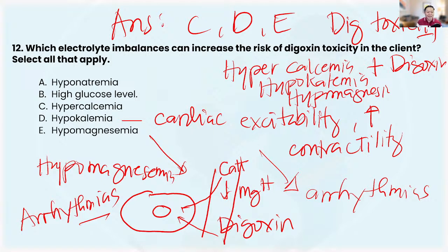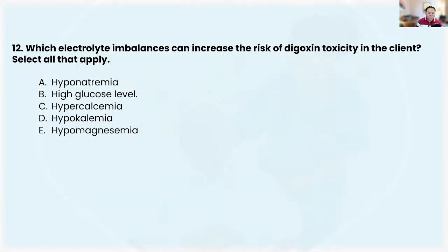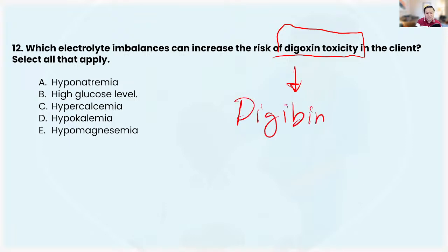And so what you're going to end up having here, if you're not paying attention to the lab values of the patient, is digoxin toxicity. But guys, it doesn't end there. If the patient develops digoxin toxicity, there is what we call Digibind, which is going to be an antidote for this complication. And this is given IV. That's pretty much it. That's our antidote